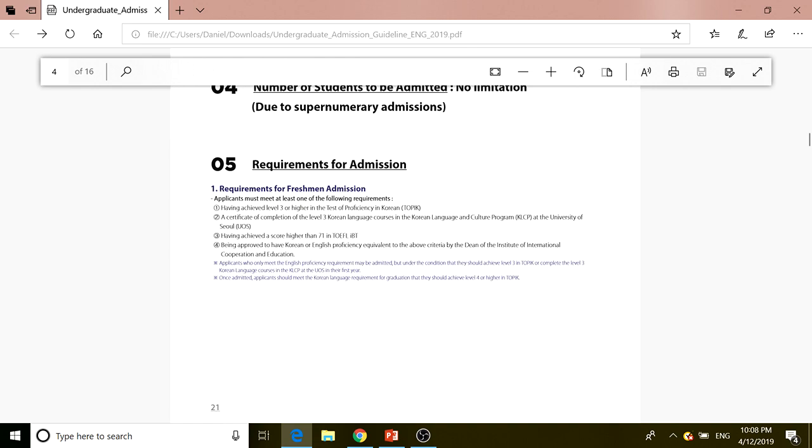So requirement for freshman admissions, it depends. Having achieved level 3 or higher in the test of proficiency, which is called TOPIK, and you need to achieve level 3 or higher. And applicants must meet at least one of the following requirements. So this is not all required. You need to complete at least one to prove your